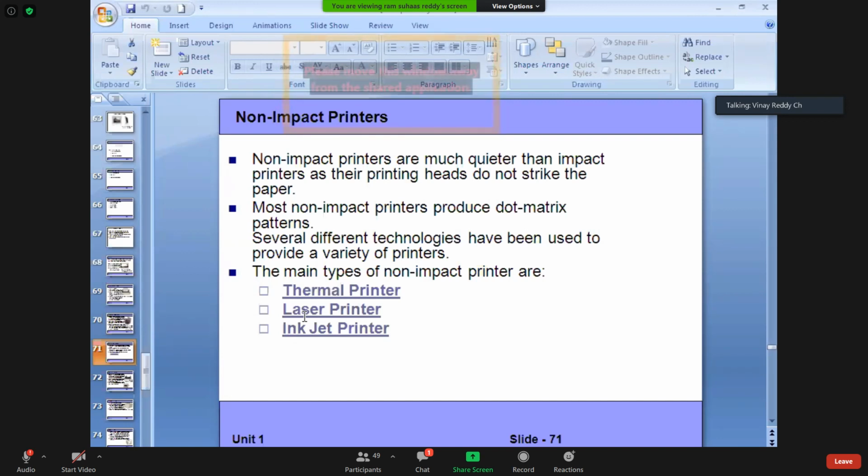Am I right? 2 rupees or 1.5 rupees. If a large number of papers are there, 1 rupee they will take. So these inkjet printers have less printing cost, but if you don't use them for 1 month or so, the ink will vanish. I mean, it will be solidified.